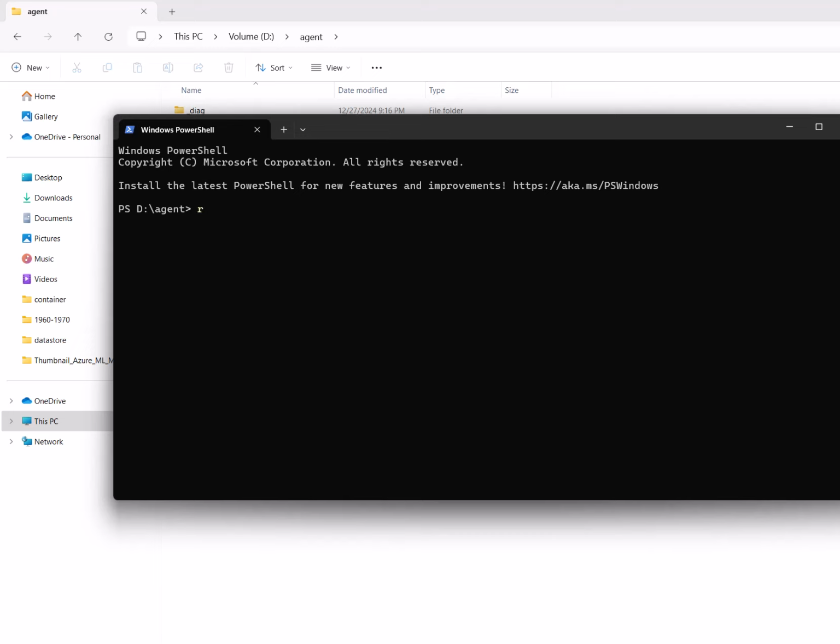Via this command, run. Just type run and press tab to complete. Now we will see.